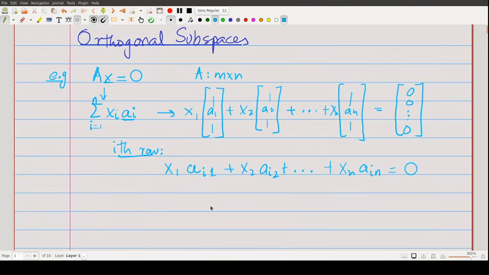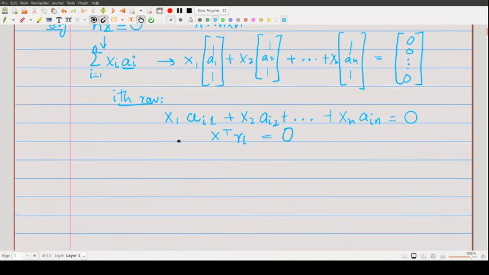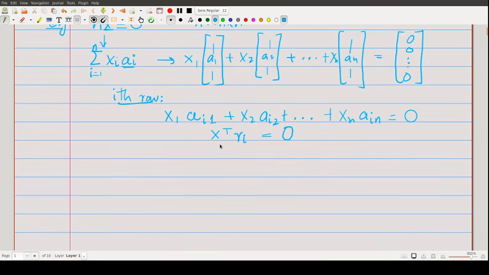And what does this tell me? If I write the vector as x, then I can write this as x transpose times this thing. This is the ith row, right? If I write it as r, the ith row of this matrix A, then this result is equal to 0. Notice that the notation I'm using here is of dot products. This is simply the scalar product that we did in the last class. The result is that the scalar product of x with the ith row of A is equal to 0,